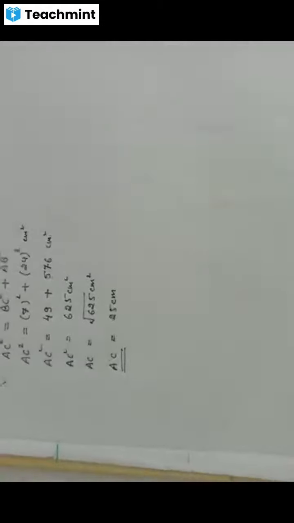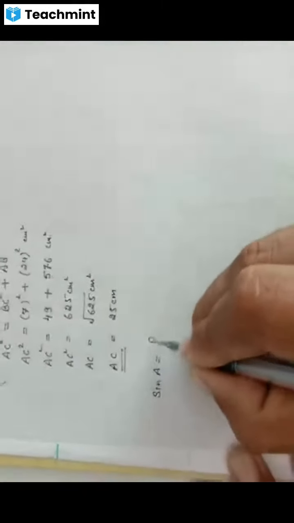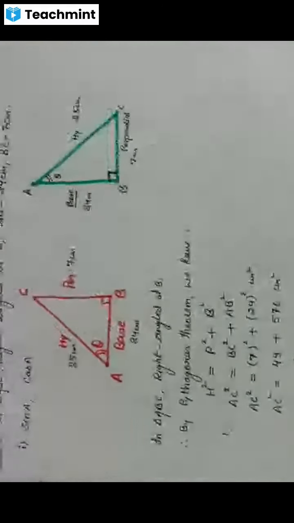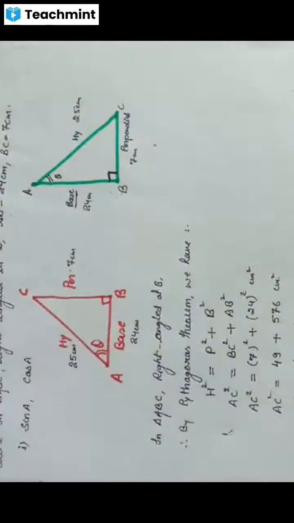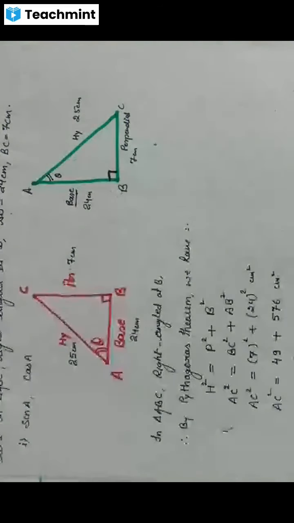Now you can see here, if you have 25 here, my sine A is equal to perpendicular upon hypotenuse, and my cos A is equal to base upon hypotenuse. So in the above figure, इधर दिस और दिस दोनों में से कोई फिगर ले लीजिए, कोई फर्क नहीं पड़ने वाला. परपेंडिकुलर दोनों फिगर में हमारे पास क्या है? परपेंडिकुलर है हमारे पास BC और हाइपोटेनियस हमारे पास है AC. यहाँ पर हमारे पास बेस दोनों फिगर में क्या है? AB और हाइपोटेनियस हमारे पास है AC.